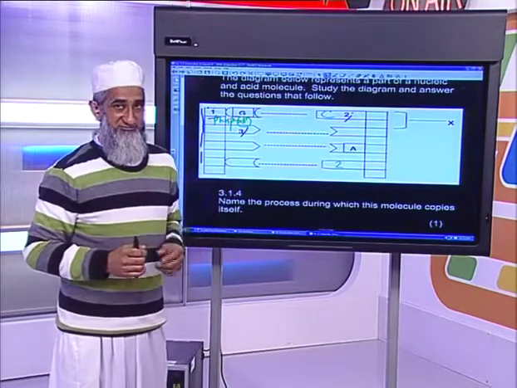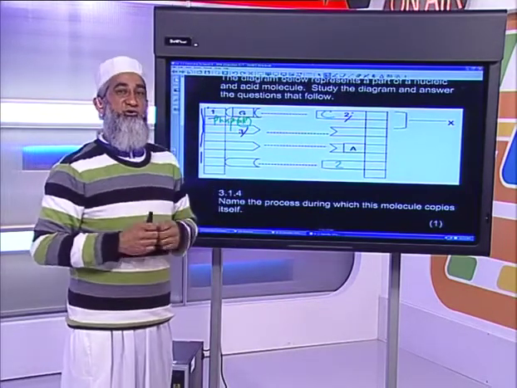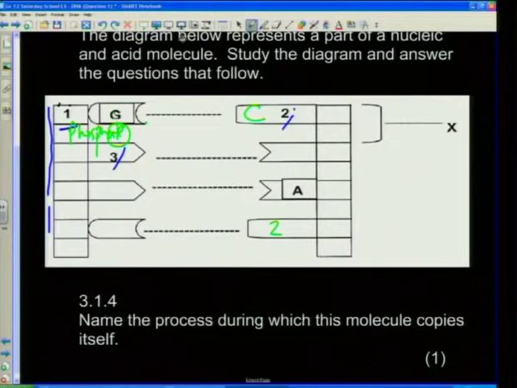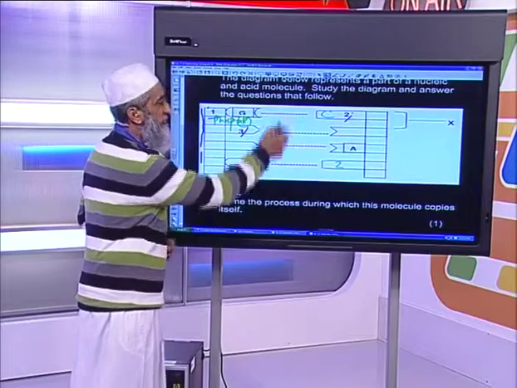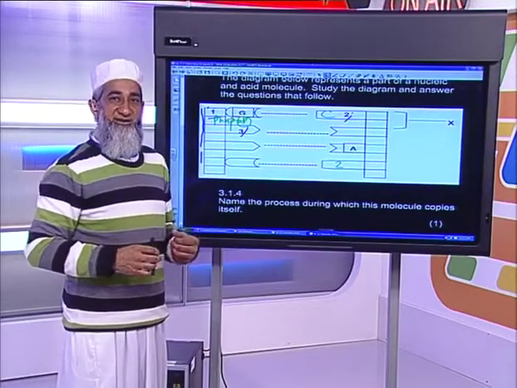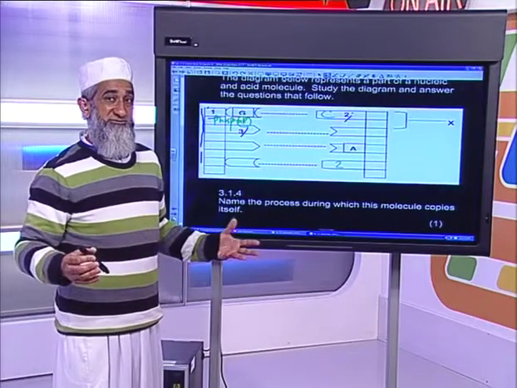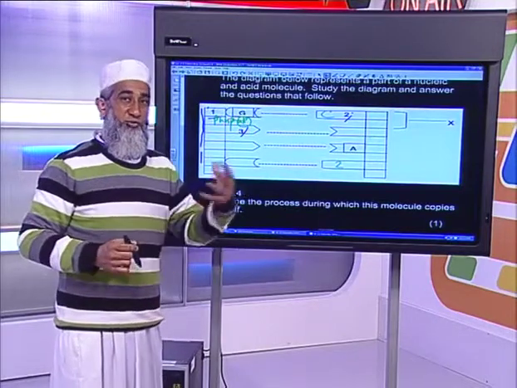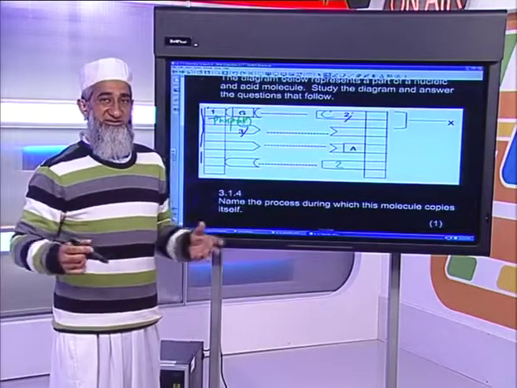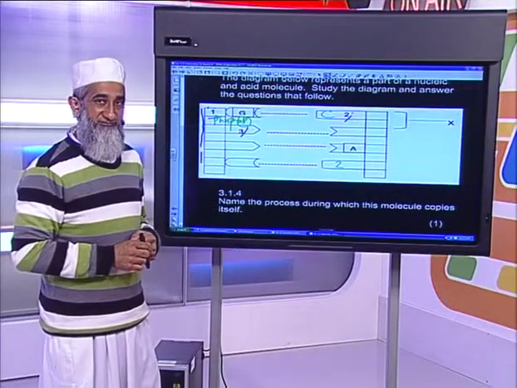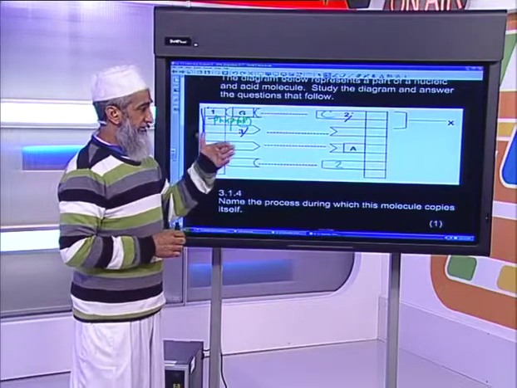And cytosine will combine with guanine. The other types of questions that they would ask you here is, what is the significance of the bond that is found between the nitrogenous bases? And here, you would obviously say, first of all, what are these bonds? They are weak hydrogen bonds. And what is the significance of this? Because they are weak, they can break easily, so that replication can take place, and they would reform after that. That is the other question there.